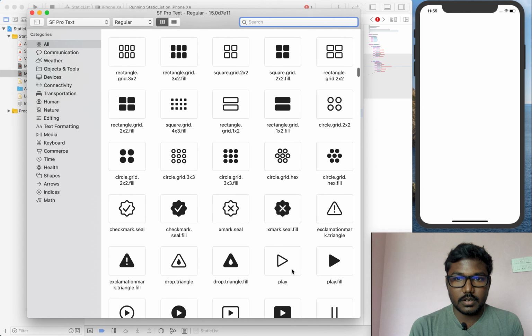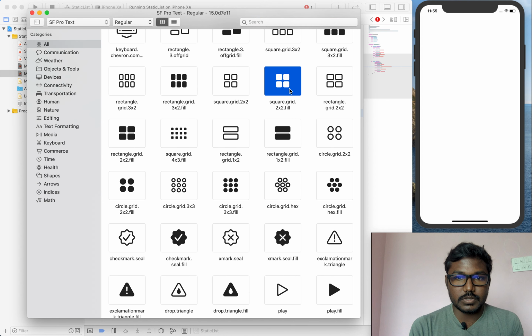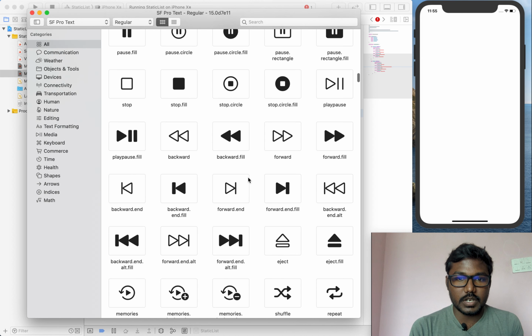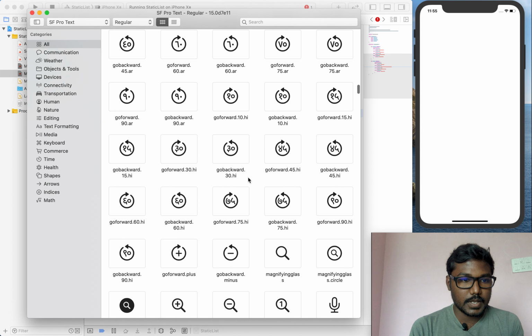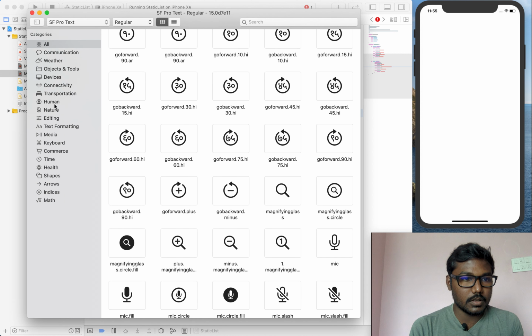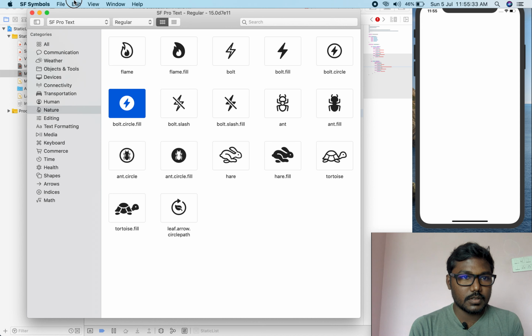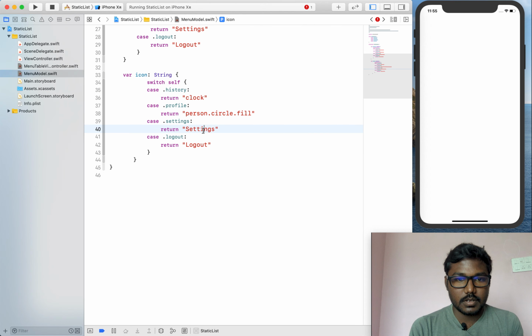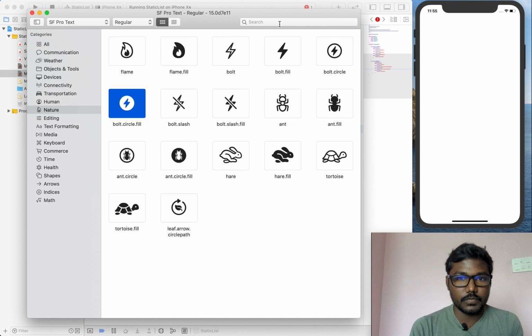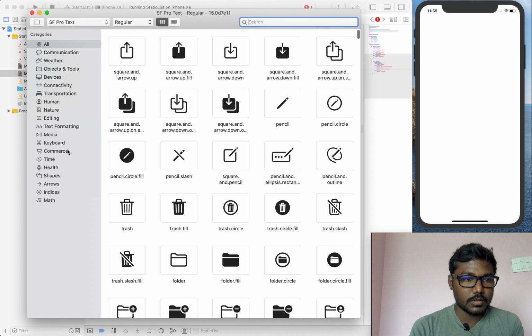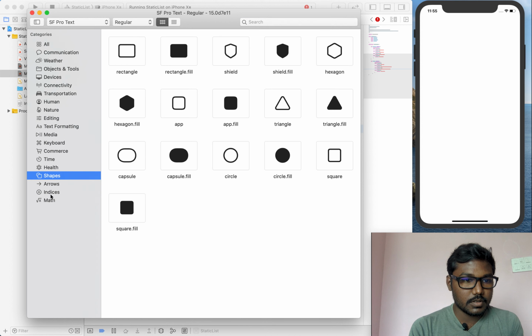Something like a list, okay, we can set this icon for settings, and also for logout, or else we can use some shapes or sign symbols.